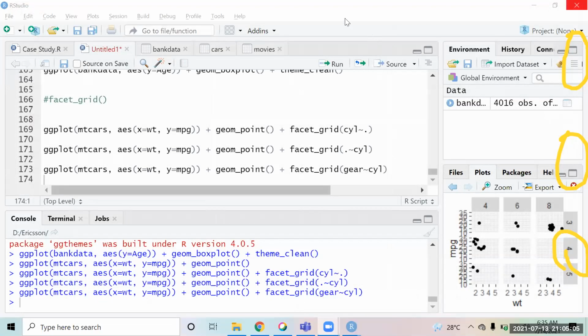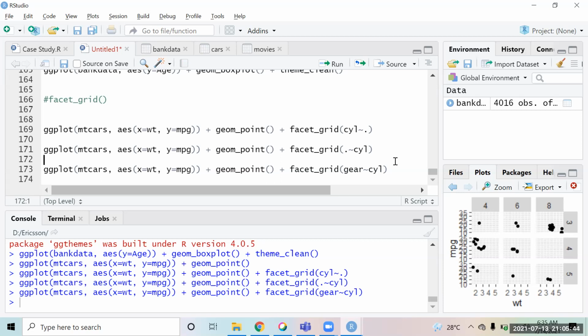I have a question on this. Yesterday you spoke about how we can paste additional text. So I tried to paste the cylinder instead of 4, 6, 8, so it shows 4 cylinder, 6 cylinder, 8 cylinder.